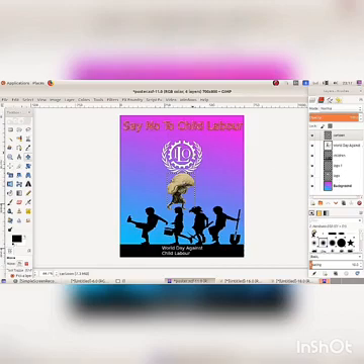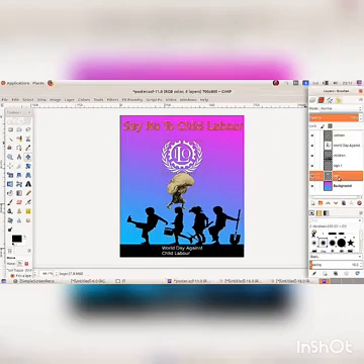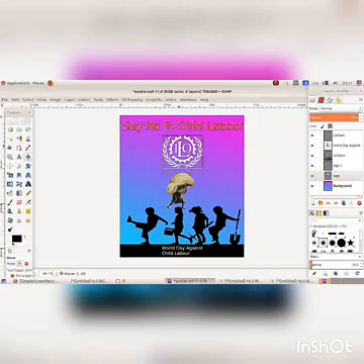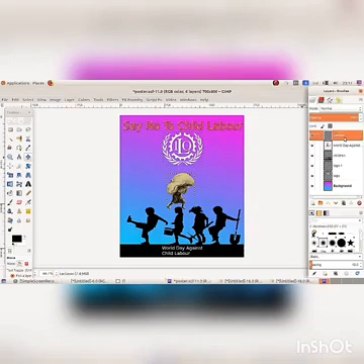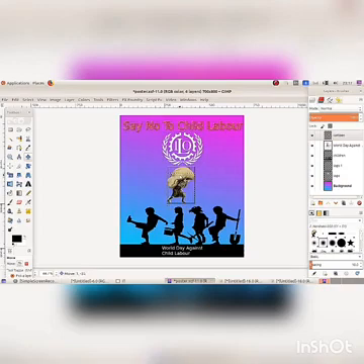Select the layer logo using the Move tool. Change the position of the layer logo. Then again select the cartoon layer. Then change the position of the cartoon layer.